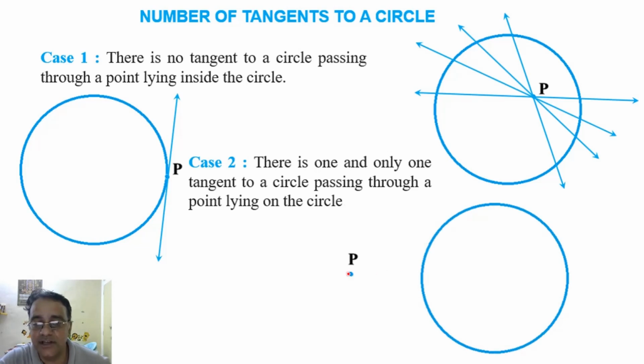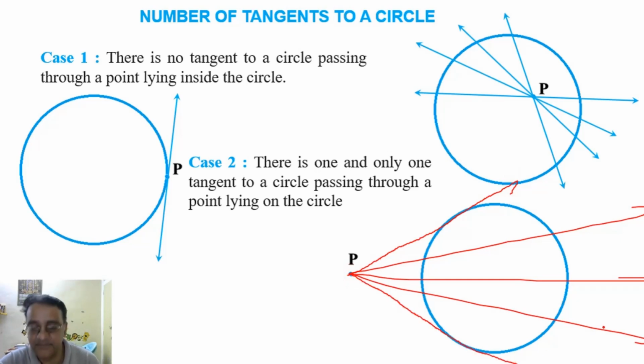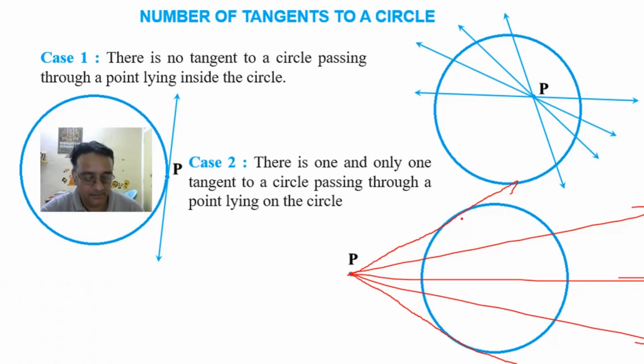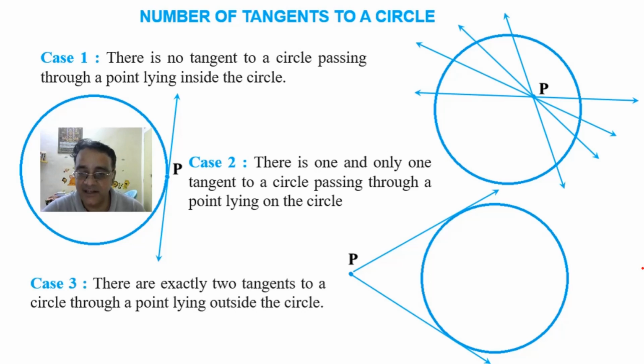So यहाँ से भी हम लोग बहुत सारे लाइन ड्रॉ कर सकते हैं. We can draw many lines, but only 2 lines are possible which intersect the circle exactly at 1 point. Okay, see, one line this one and another line this one. So how many tangents we can draw? Exactly 2 tangents when the point lies outside the circle. Any doubt in this one? No, sir. Okay, now we are moving towards the next theorem, that is theorem number 10.2.